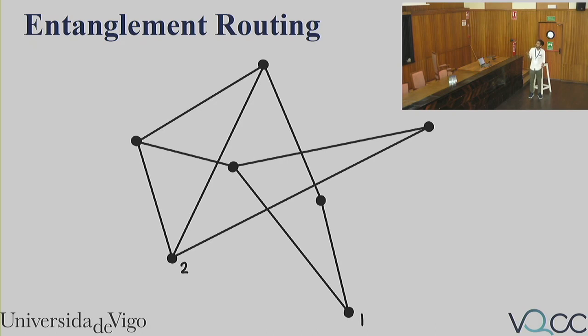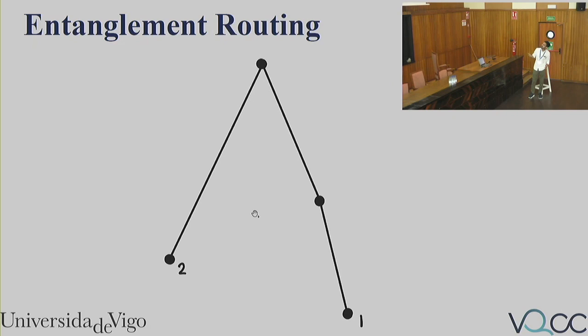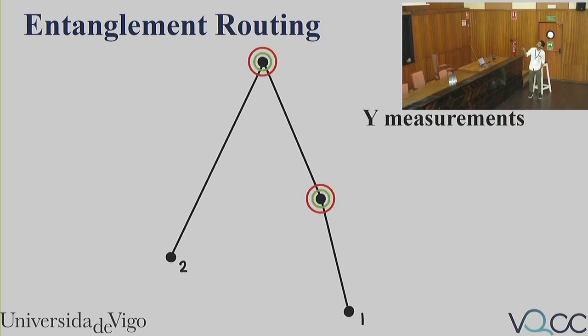For this, we choose a subset of vertices and delete them so that we have a path between these two vertices. So if we choose these three vertices and delete them using Z measurements, we have a path between the vertices 1 and 2, likewise. And then if we perform Y measurement on the other vertices, like these two vertices, then this will eventually connect